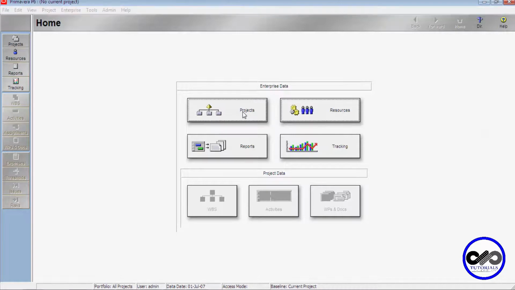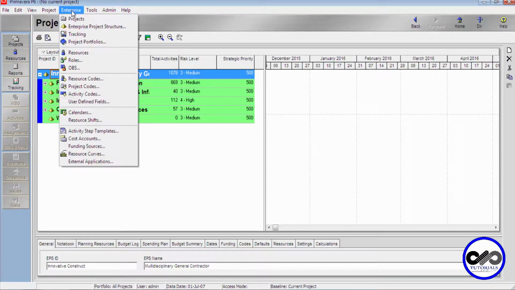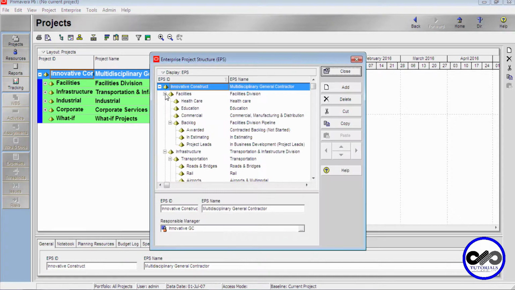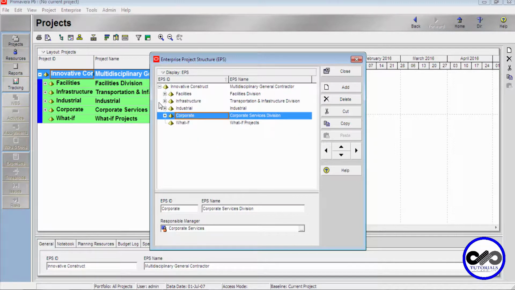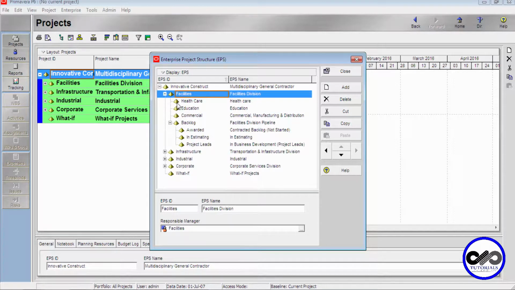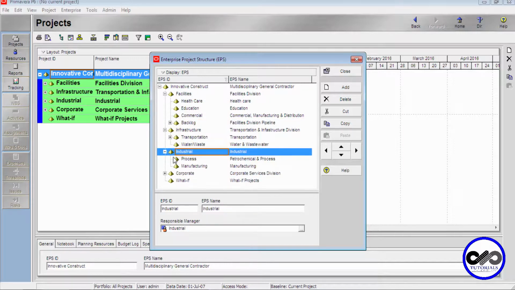I click on these projects to actually get into the project view, and before creating EPS or OBS, let's understand the terminology of the structure. I go to the sample EPS here. This initial level 1 hierarchy is known as the root level. These are called roots. So the level 1 structure is known as roots, and each root will be divided further into nodes. So if you see this, these level 2 structures are known as nodes,